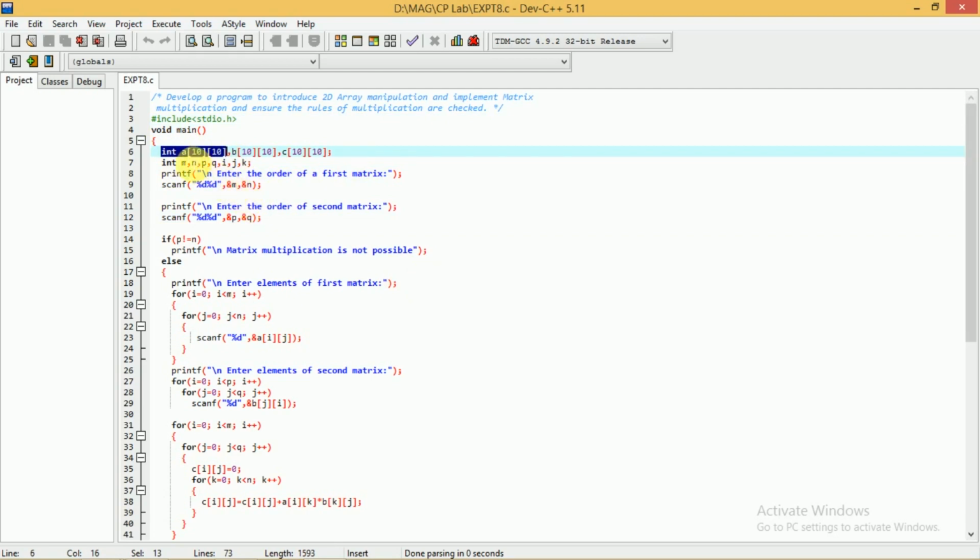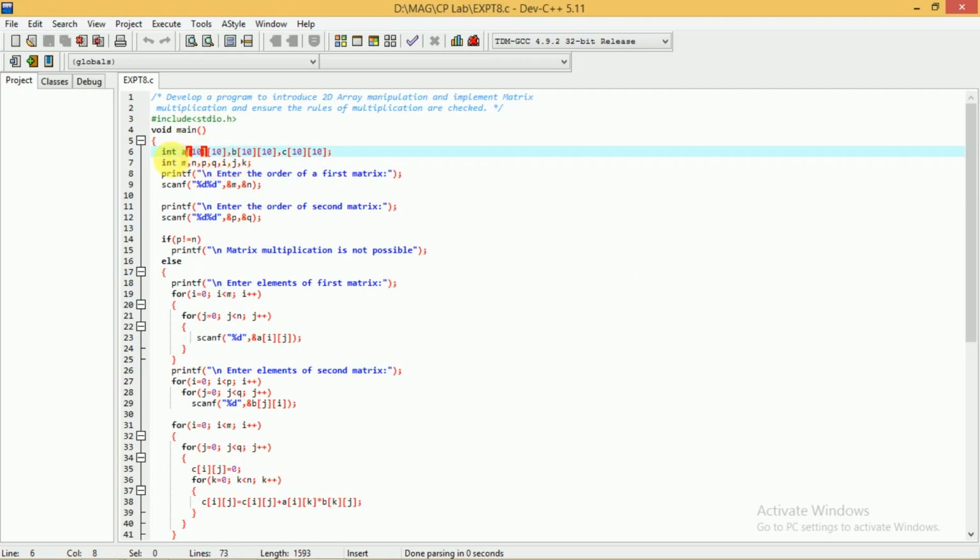We saw that for a one-dimensional array you specify the data type, the name of the array variable, followed by a size in a pair of square brackets. Only one size will be there because it grows only in one direction, horizontally. You have to consider the number of elements. But a two-dimensional array is like a table, so you should know how many rows and how many columns there are. That's why you have to specify two size values in two separate square brackets after the matrix name.